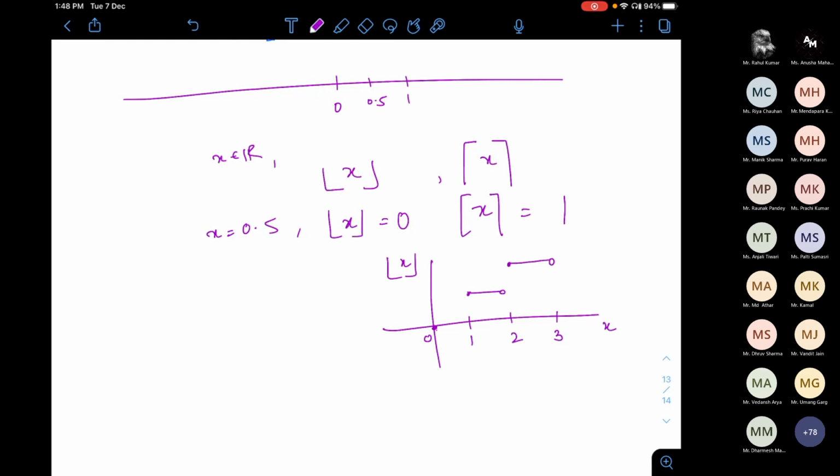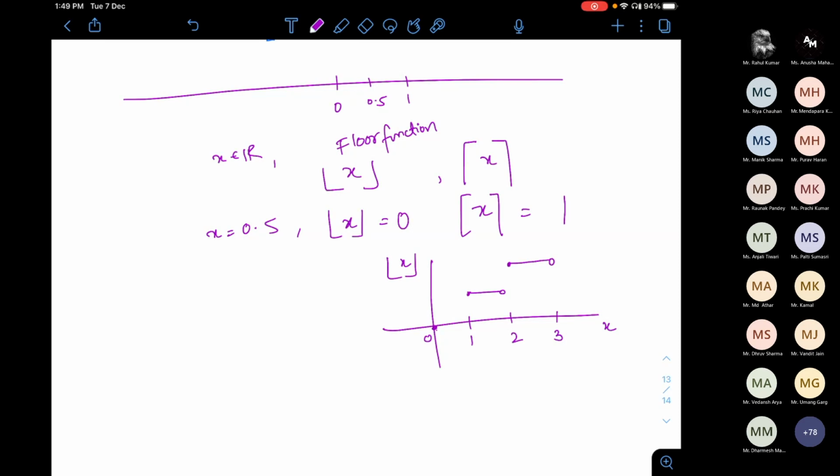Yes, I have taken the ceiling function because 1 by epsilon cannot be assumed to be a natural number, and I have to take a natural number. So I always take the ceiling function, a number which is greater than that. This is called the ceiling function. What will be the value of the ceiling function of 1? Will it be 1 or 2? It is 1. For integers, the value remains the same.